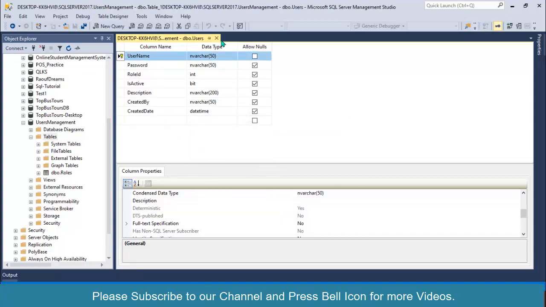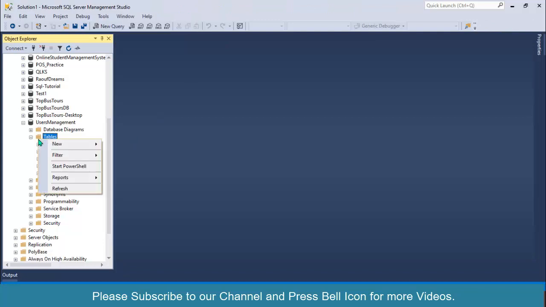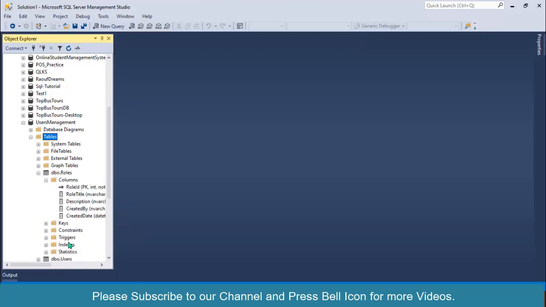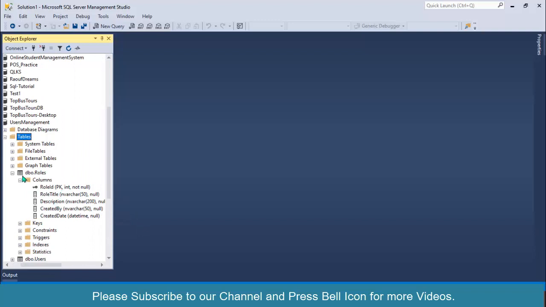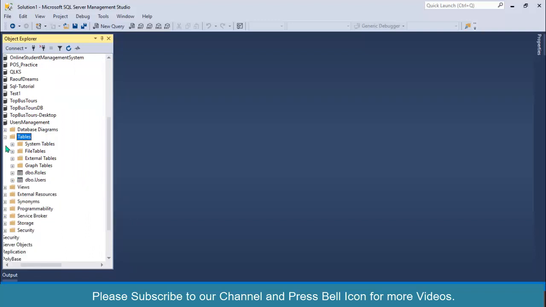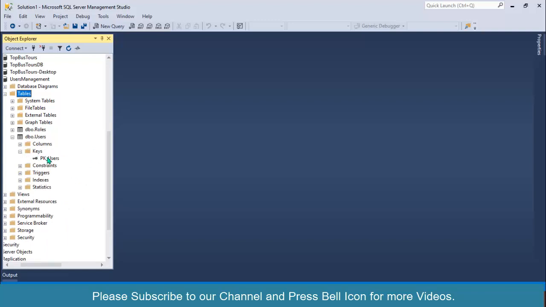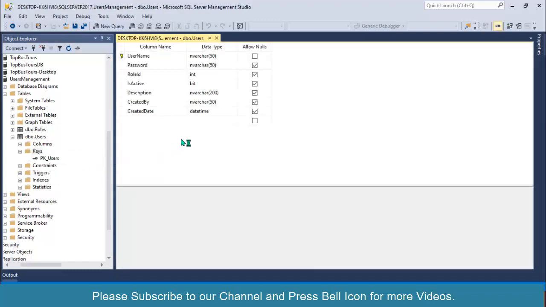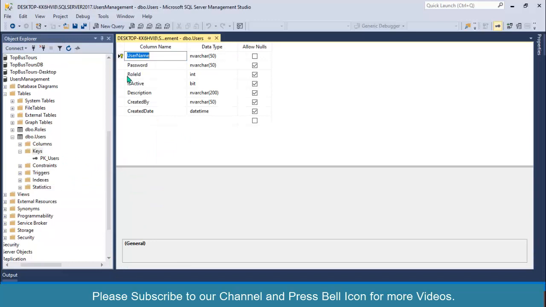Okay, the next thing I'll be setting up, if you refresh tables, you can look at that our roles table has role ID as a primary key. Look at this, PK, and we'll be setting this role ID as a foreign key in the users table. So I'll expand this one, and currently we have only one key, which is the primary key, that is the username. We'll be setting a new foreign key for role ID.